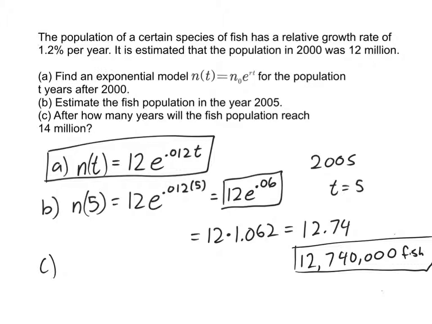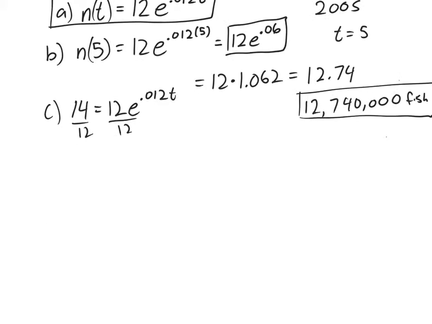After how many years will the population of the fish reach 14 million? So if I have them in millions anyway, I can actually go 14 equals 12e to the 0.012 t. Divide both sides by 12, and I'm going to bring this down a little bit. So 14 divided by 12 is actually 7/6 equals e to the